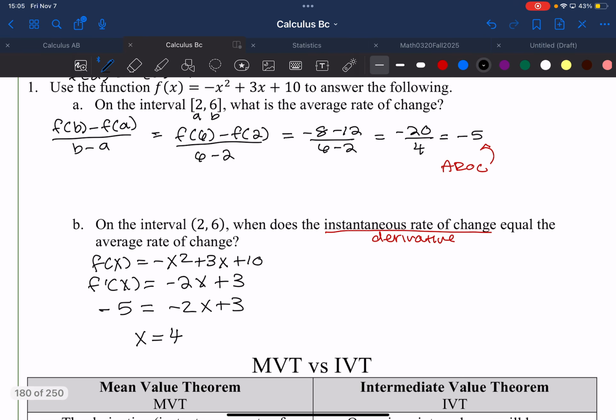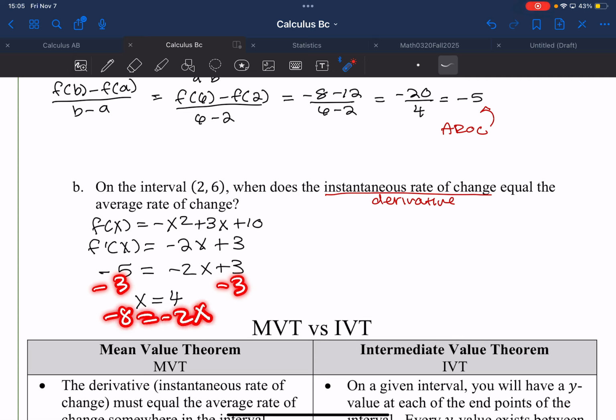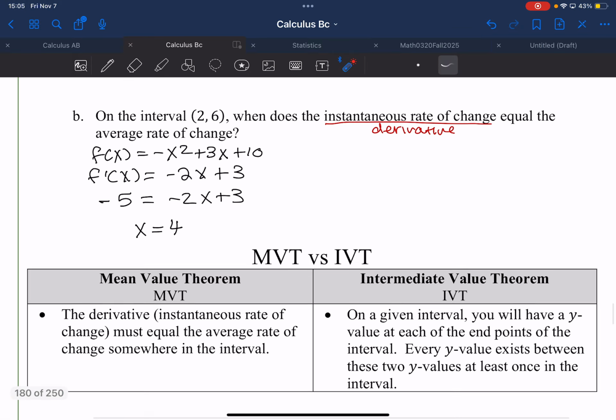Okay, so any questions? Yes. I subtracted 3 over and got negative 8 is equal to negative 2x. Divide by negative 2 and got 4. Okay, so now we're going to